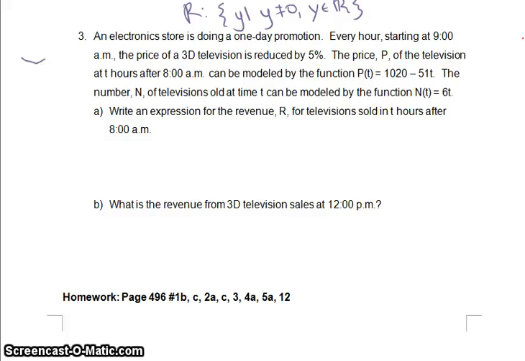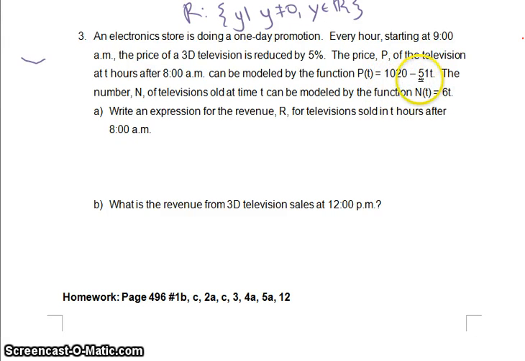So moving on to example number 3 here. In this one, we have an electronics store doing a one-day promotion. Every hour starting at 9 a.m., the price of a 3D television is reduced by 5%. The price P of the television at T hours after 8 a.m. can be modeled by the function P(T) is equal to